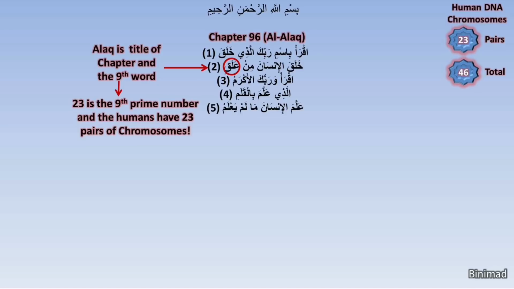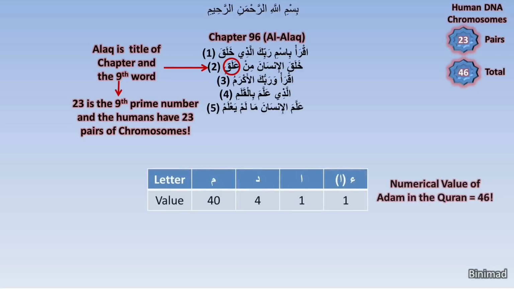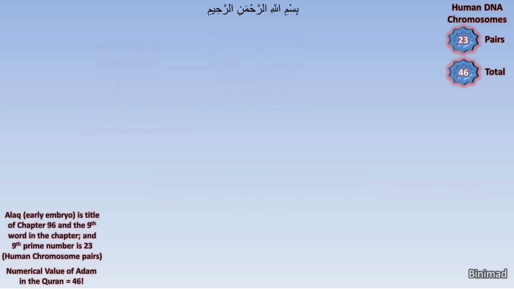Another highlighted observation was by Sheikh Bassam Jarrar, who uses the method of counting the hamza, highlighted that the numerical value of the name Adam as written in the Quran is also 46. Of course, Adam is the father of humanity. This is amazing because the Quran specifically spells it with 2 letters A, the first being in the form of a hamza. Of course, the end of a successful alaq is birth,